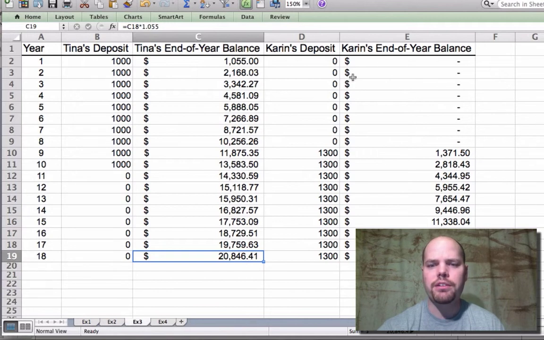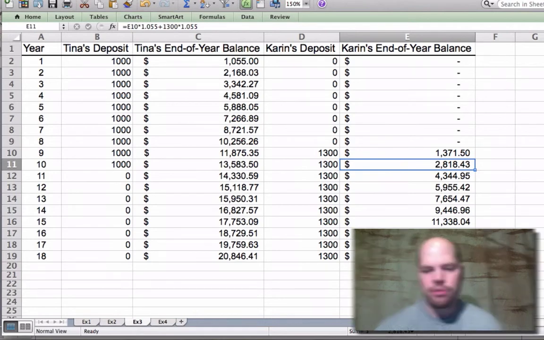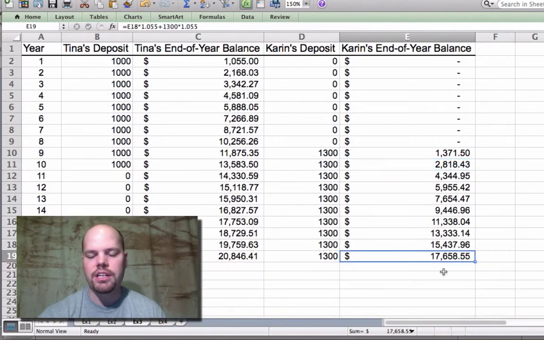Okay, Karen waited, so maybe she had other expenses she had to take care of before she could start saving. So she waited 8 years. So on the 9th year, she's going to start putting in $1,300. So that would be $1,300 times 1.055. Then, since this is the end of the year balance, the $1,300 put in at the beginning of the year gets 5.5% interest, plus the previous cell, E10, would get 5.5% interest. Drag that down to the bottom, and she ends up with